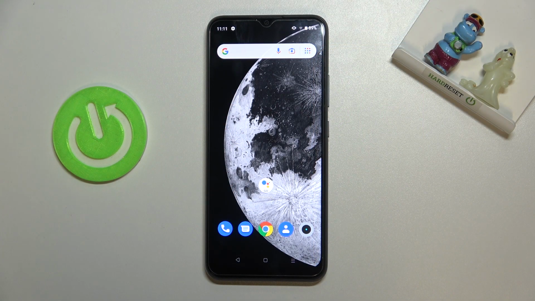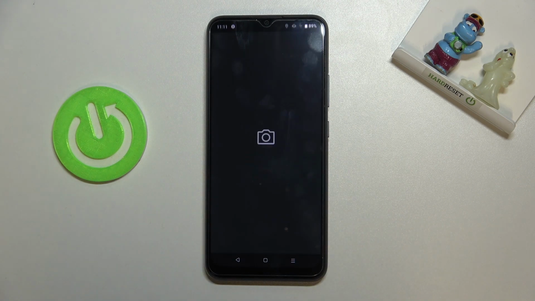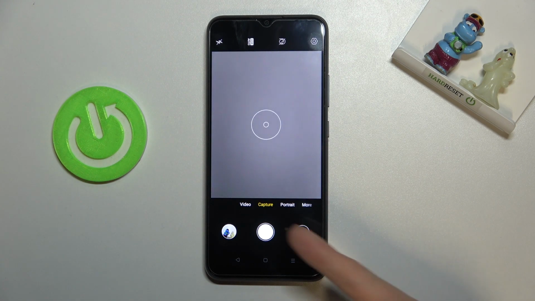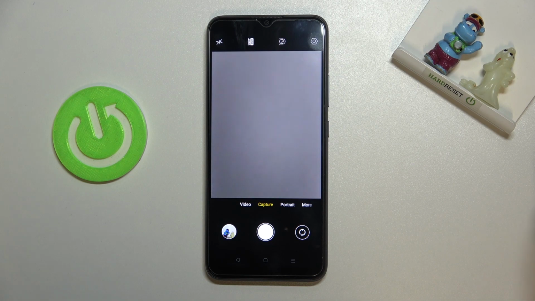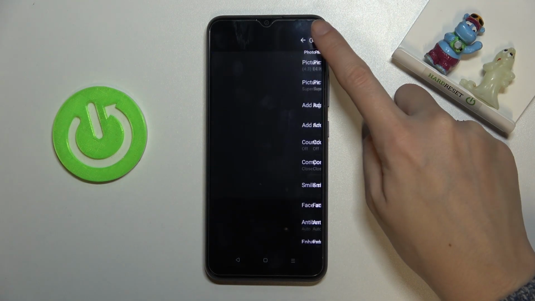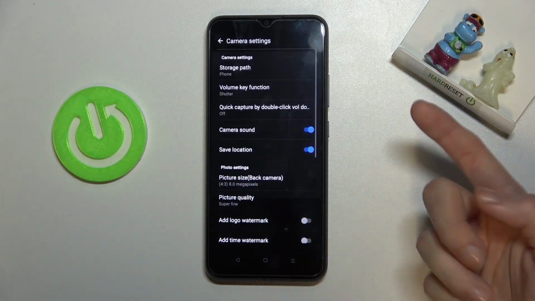Welcome, here I've got REALME C11 2021 and let me show you how to manage camera grid lines at this device. So let's start by tapping on camera button to open it, and for now we are on standard capture mode. From here let's go to right corner button to open camera settings,